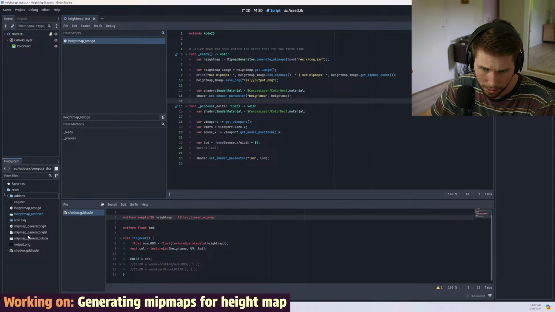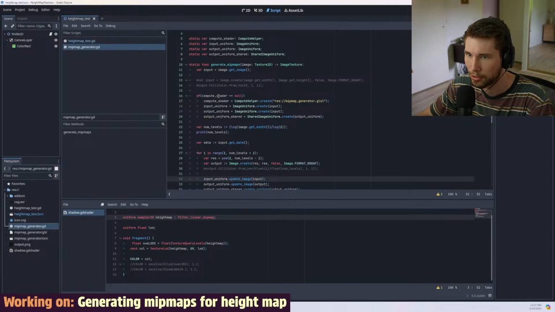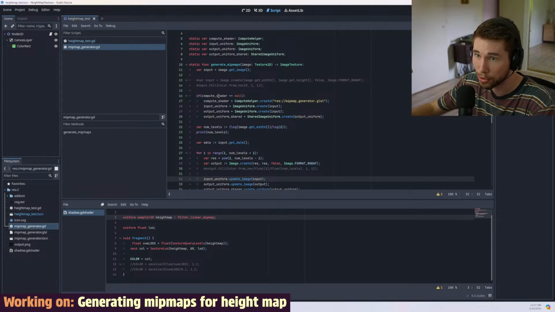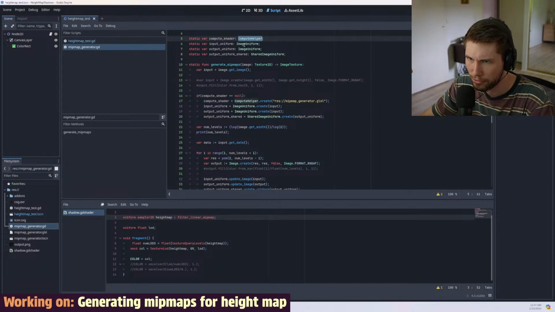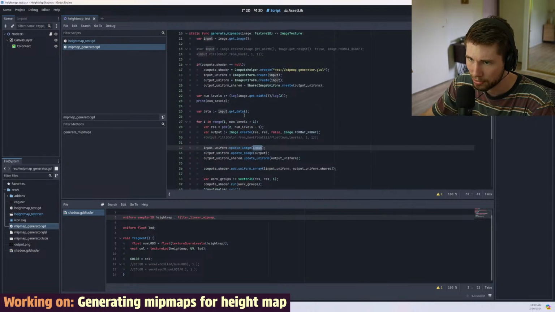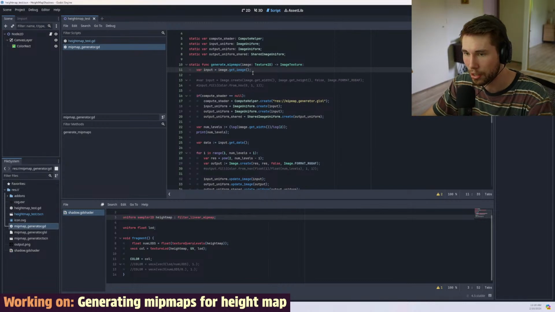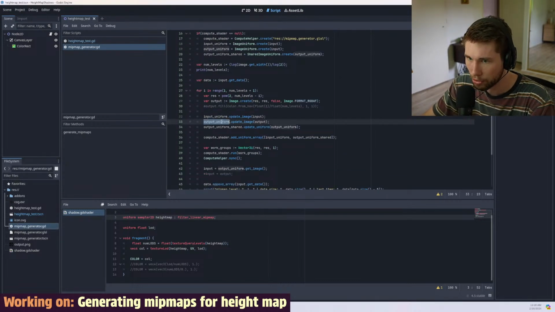Well, let's see. We had this one open and map generator. So basically what this allows me to do is very easily interact with the compute shaders rather than having to do it all myself. There's just a compute helper. So we can create an image input based on the input, which is at the beginning is our original image that we're getting in. And we've got an output created from the output image that we've just made. And then we can